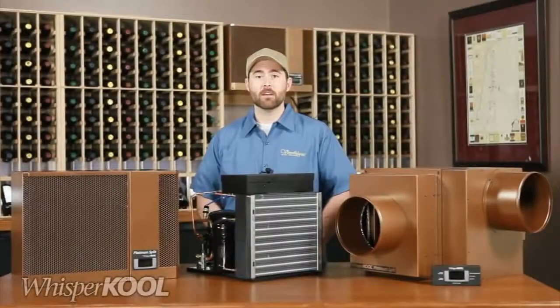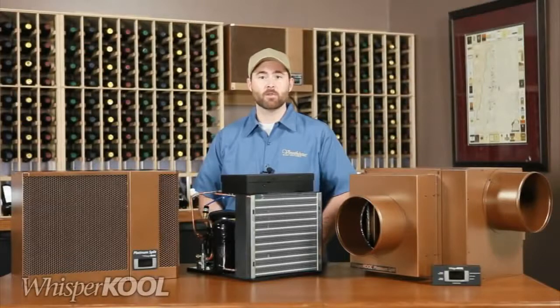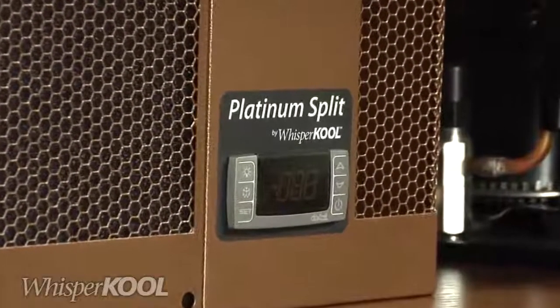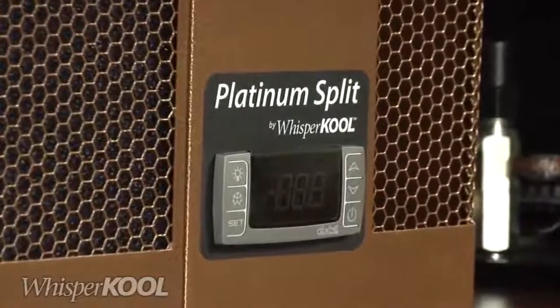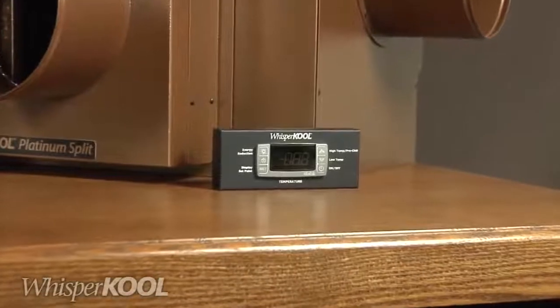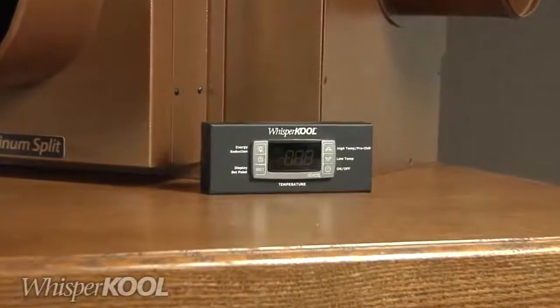The Platinum Split also takes advantage of WhisperKOOL's most advanced controller. This technology features a series of strategically placed monitoring probes which ensure efficient performance. It offers options such as adjustable humidity control, energy-saving modes,